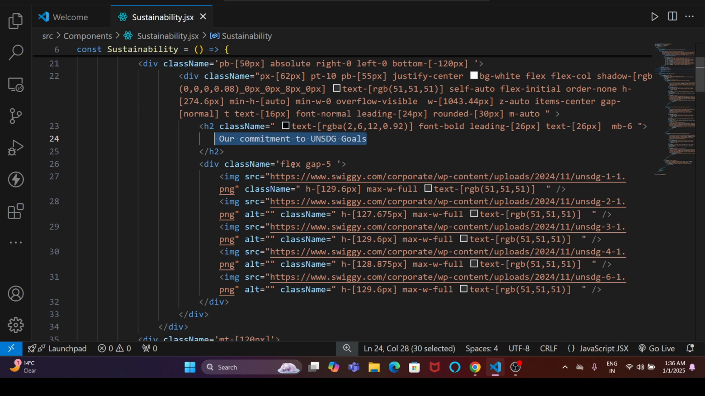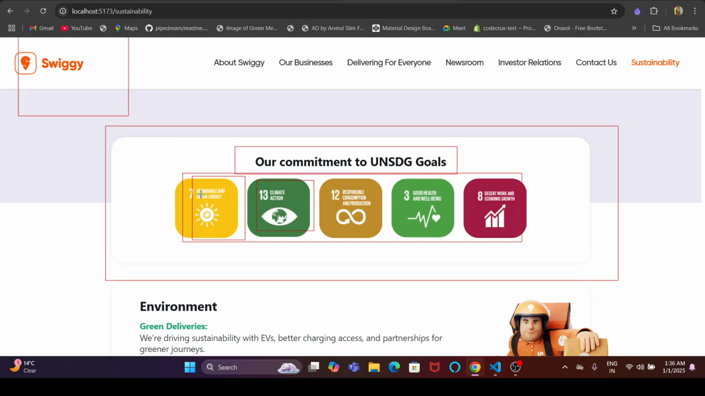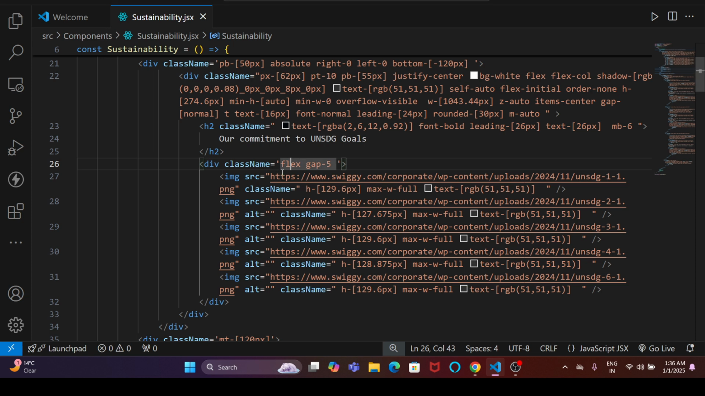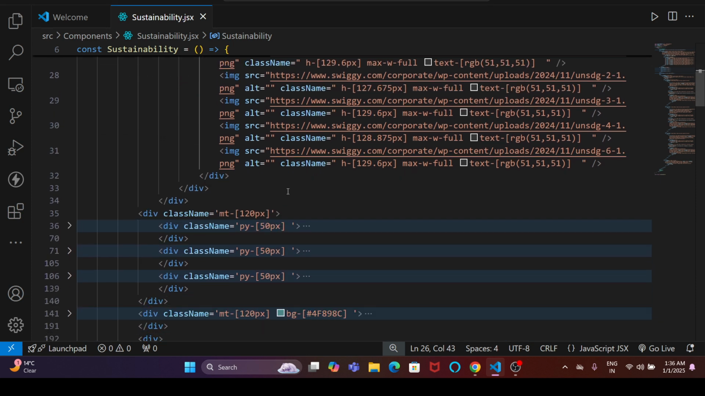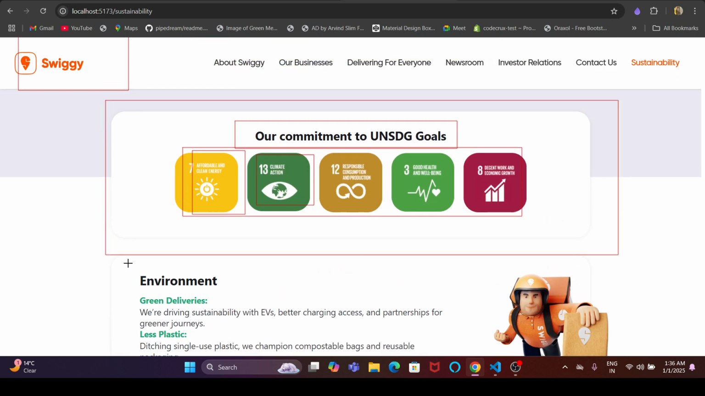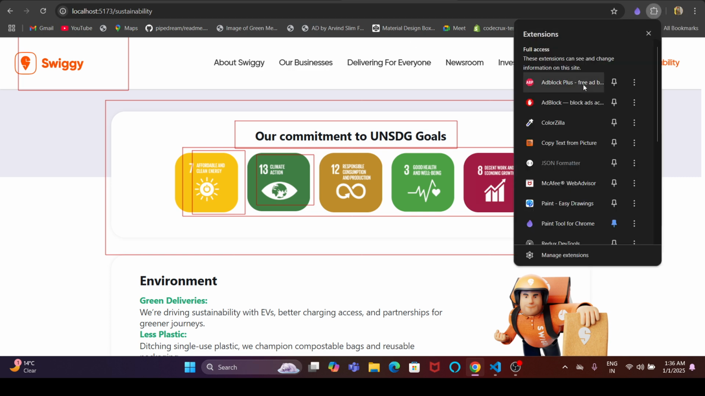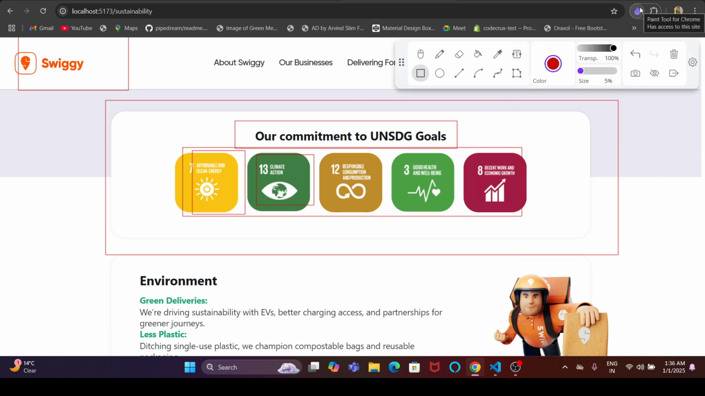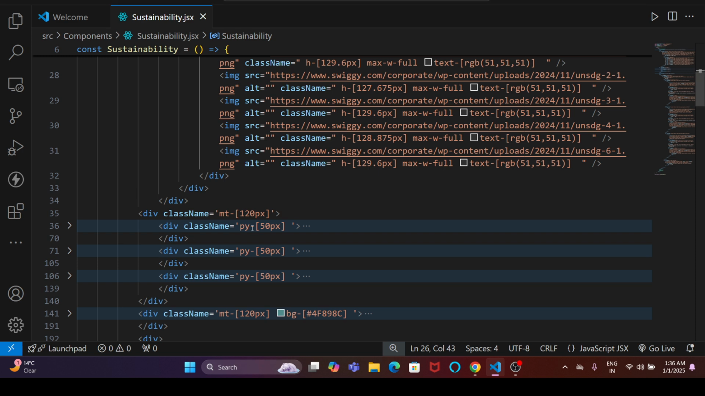and I make flex this image and gap is 120 pixel, and here is I, there is a margin from here 120 pixel